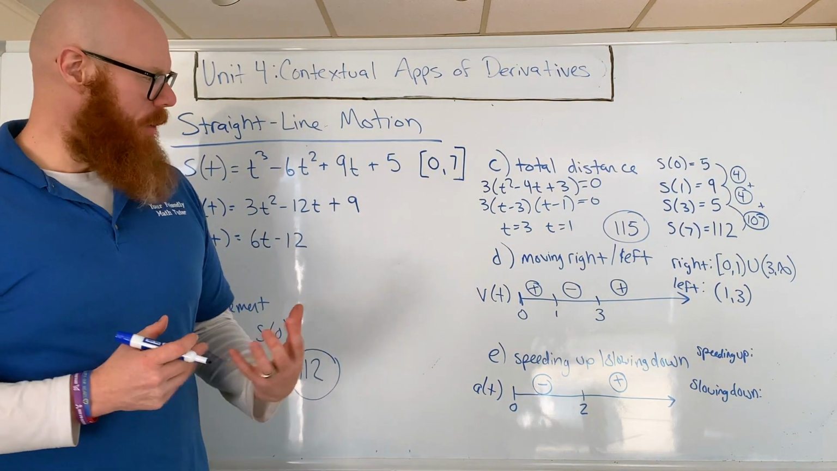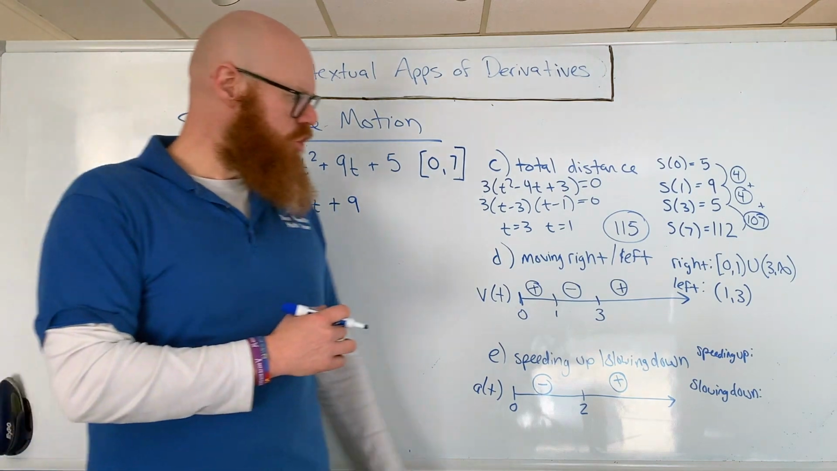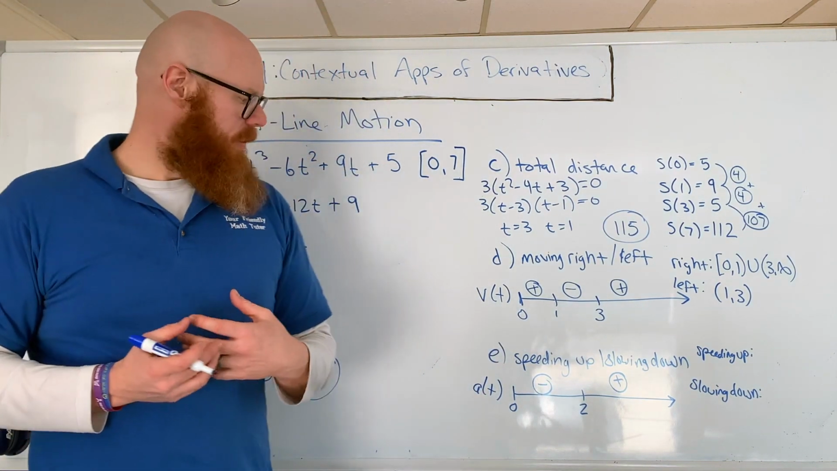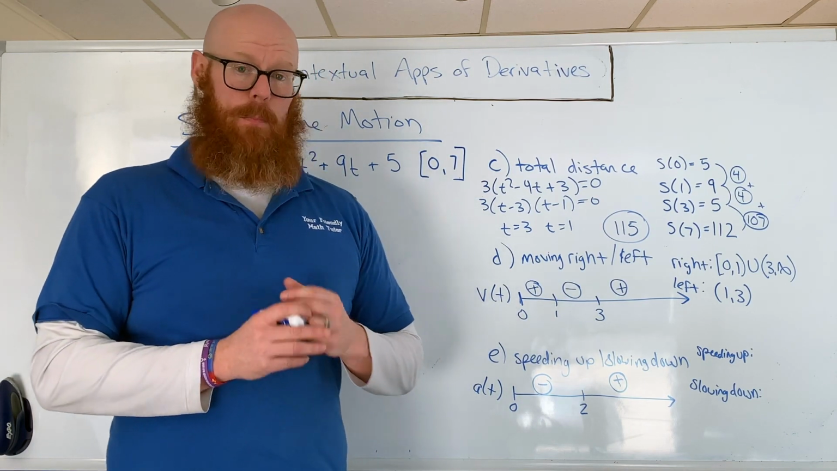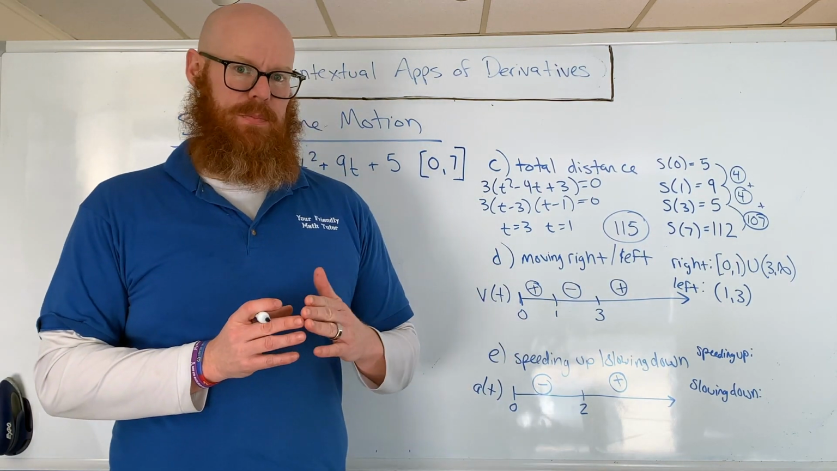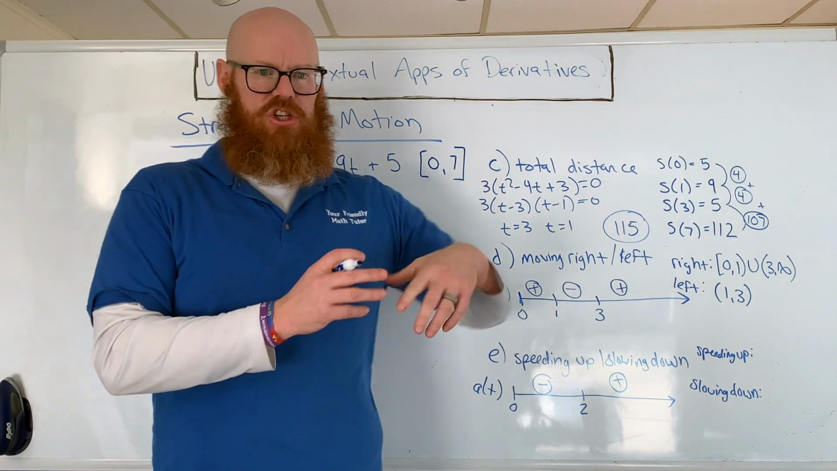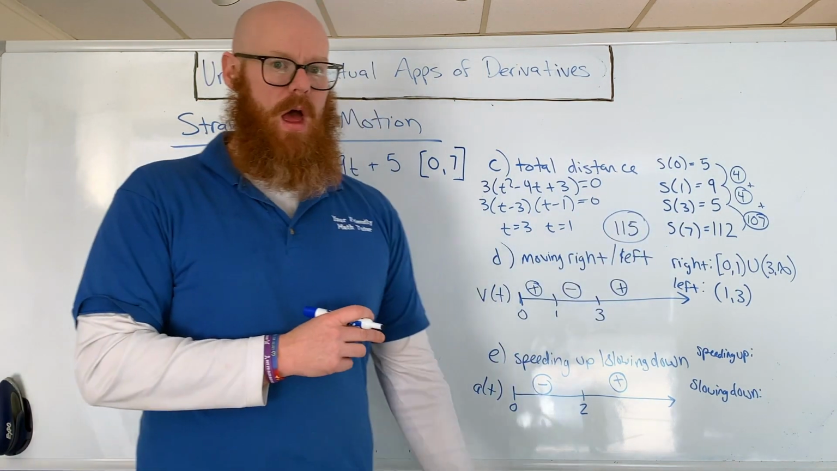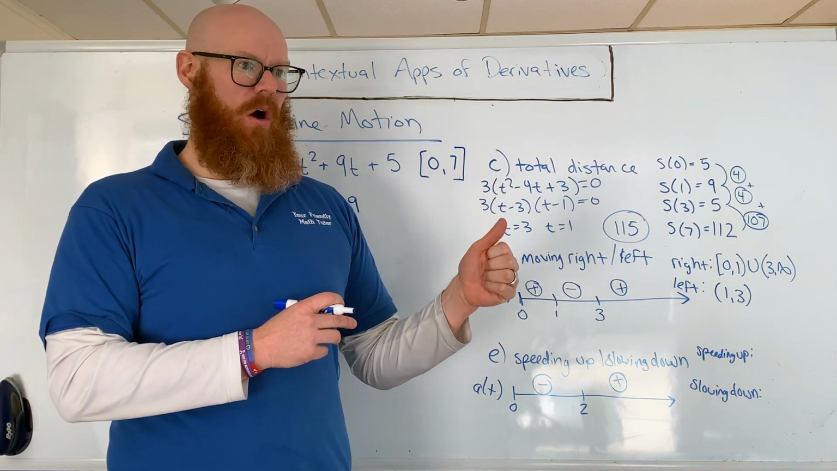Speeding up and slowing down takes into account both the velocity and acceleration. So in order for something to speed up, the velocity and acceleration have to have the same sign. They have to either both be positive, so velocity is positive, it's moving to the right, and then positive acceleration speeds that up. But if something is moving left and acceleration is negative, that's going to also speed it up